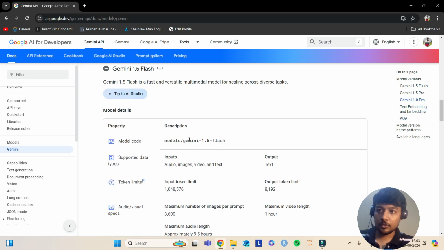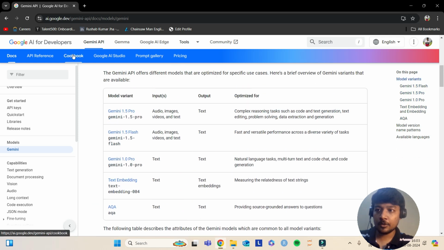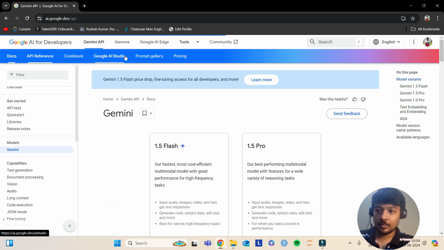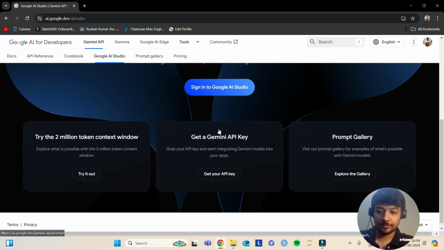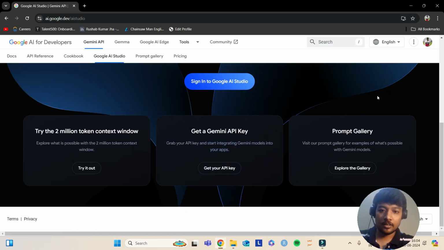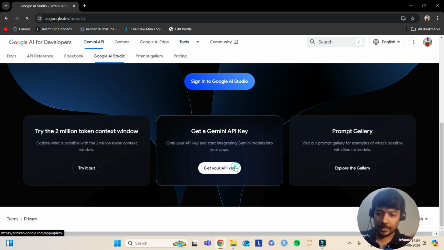I'll straight away take you through the steps you need to take in order to get access to the APIs. Let's go to Google AI Studio. Make sure that you are logged in via your Gmail. It's again very simple. If your Gmail is already logged in on your desktop or laptop, whatever system you're using, you'll be able to log in directly, or else log in via your Gmail by providing the credentials. Click on Get your API key